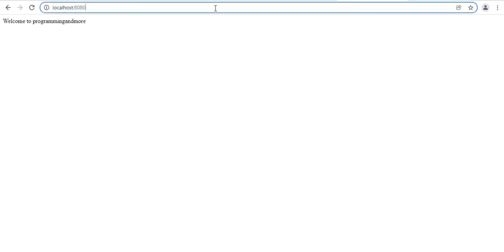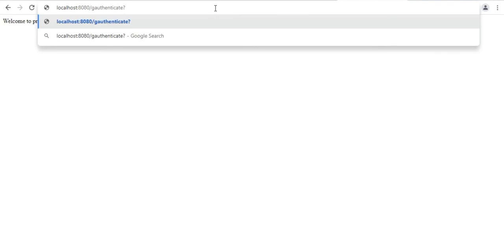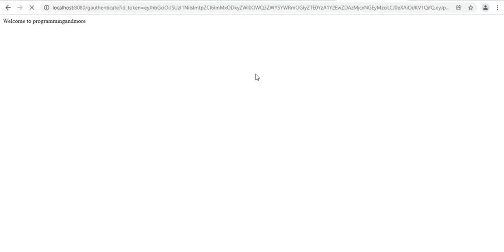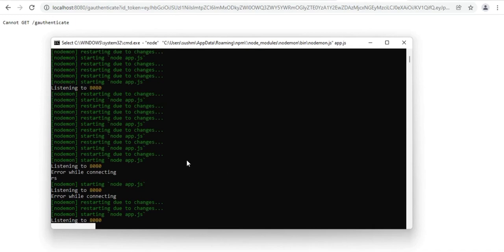Let me copy that token, and now let us make a GET request to gauthenticate, which we defined just now, with a query param id_token with the value of the token which you have received just now, and let us see what we are getting. Okay, it is showing cannot get.